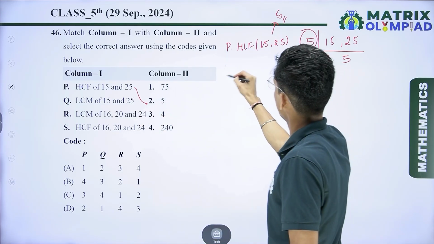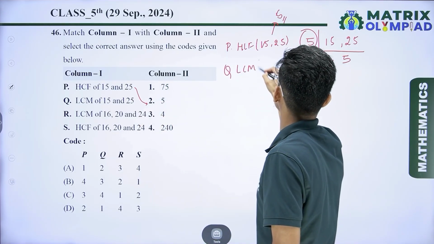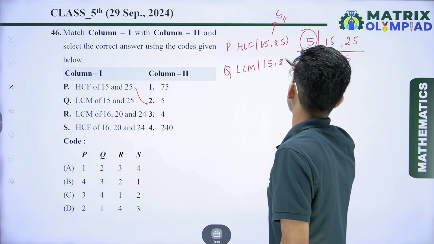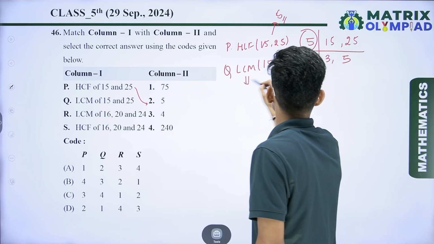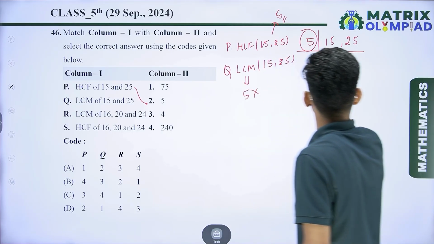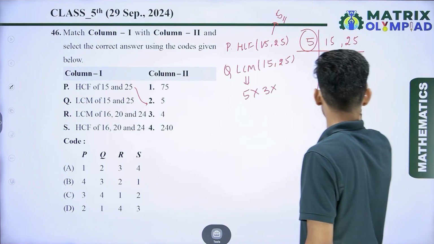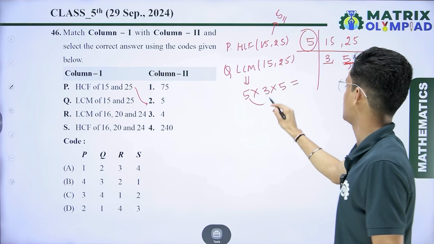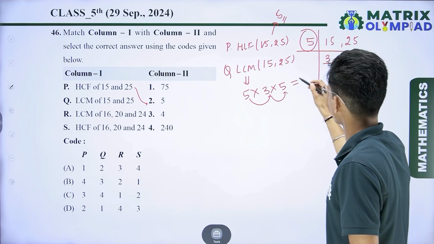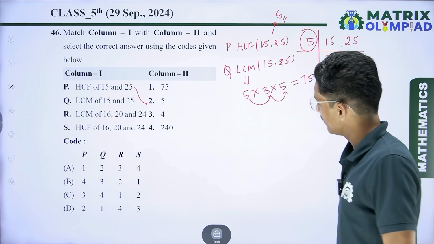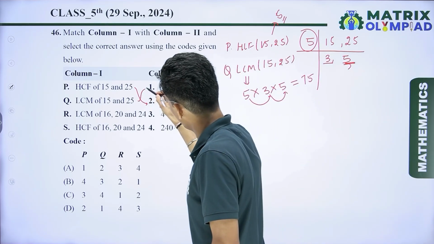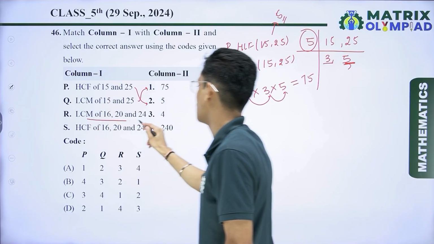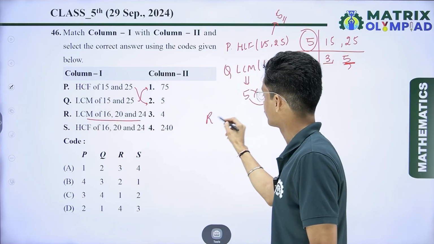Now LCM of 15 and 25. So LCM is 5 multiplied by 3 multiplied by 5. So if I take over here, 5 times 3 is 15 and 15 times 5 is 75. So Q is connected to 1. Now next, our LCM of